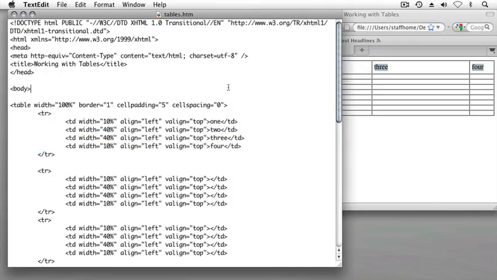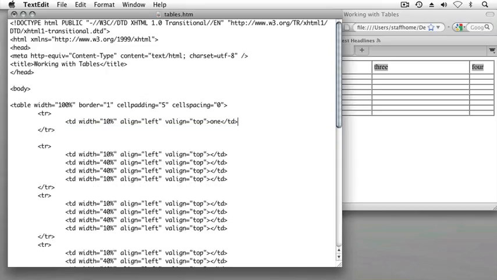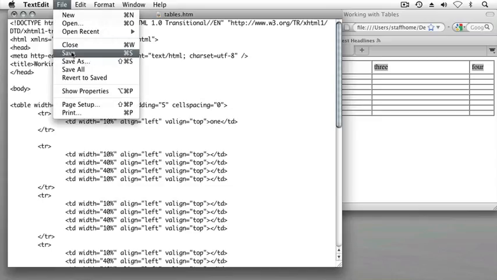What we're going to do in our HTML document is delete the second, third, and fourth table cell. You can do that by positioning your mouse after the last closing TD tag and hitting the delete key, but it's a bit faster to click with your mouse button and drag until the items you want to delete are highlighted in blue, and then press the delete key on your keyboard. But now I need to modify the remaining table cell, because if I don't, my web browser is not going to understand exactly what I'm trying to do in this space. Before I do anything else, I'll save my work,